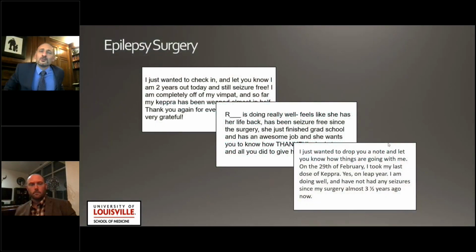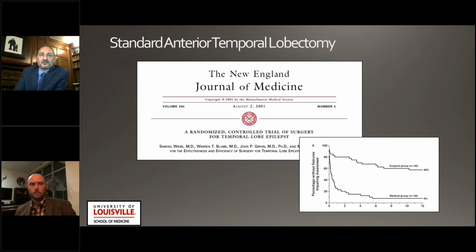I think it's important, in considering LITT, to think about what you are comparing this to. What is the surgical situation in which you would treat a patient with epilepsy, and then how does LITT compare to that gold standard, similar to what Peter discussed in tumor? And the gold standard for epilepsy really is this study on temporal lobectomy by Samuel Wiebe, where he demonstrated that